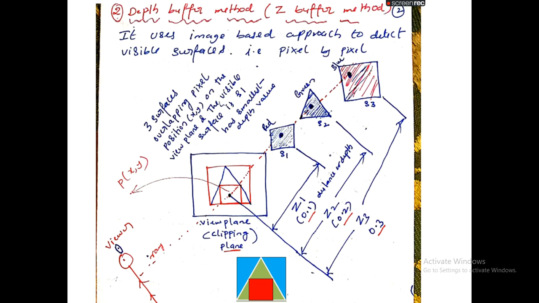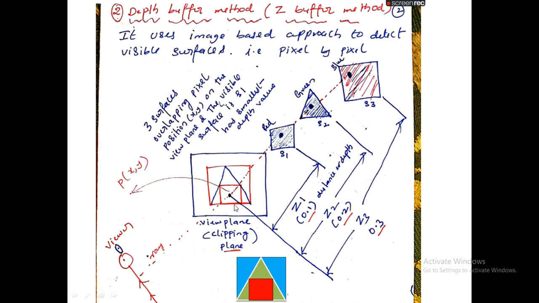When the surface is closer to the observer, definitely the distance between the projection plane and that surface is smaller. So the smaller distance concludes that that polygon is visible to the observer, or closer to the viewer. Only that pixel color has to be projected on the screen.